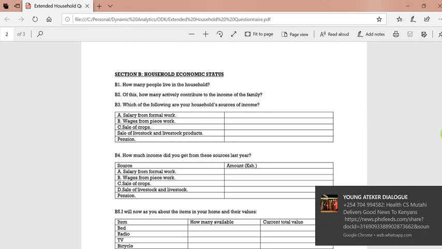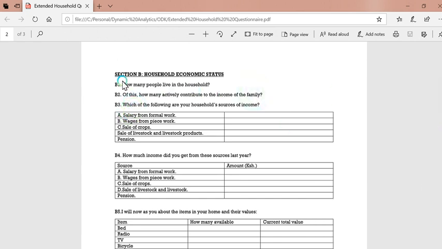Then the next section of the questionnaire is on household economic status. That one is simple and straightforward. We shall be